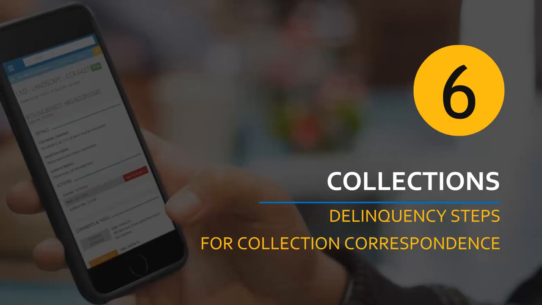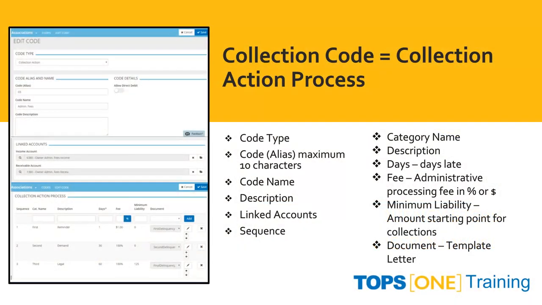Chapter 6. Collection Steps for Delinquency Correspondence. When creating a collection code, the collection code action process is from the top down. The code type, code alias and maximum, 10 characters allowable, code name and description, linked accounts, and the sequence of it,